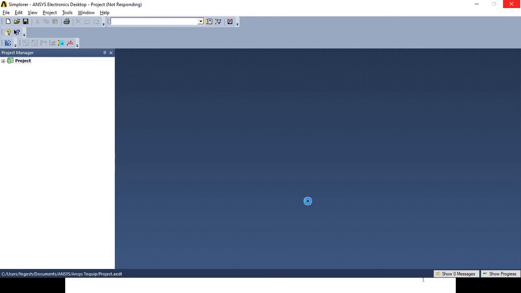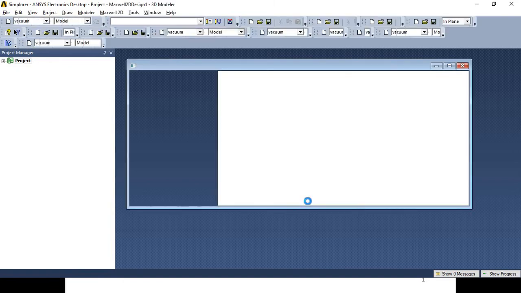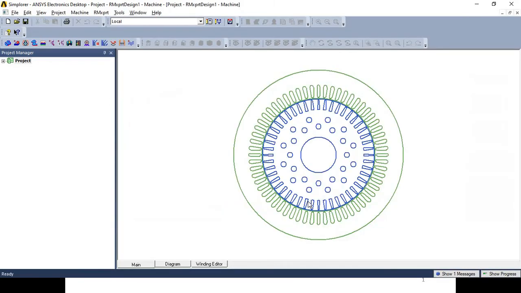In this case the example is of a three-phase induction motor, but you can select the single-phase induction motor option and do the analysis of the single-phase induction motor also. According to the type of motor which you select, the design input or the geometry will change. But once you validate your design, the procedure for the result will be the same.